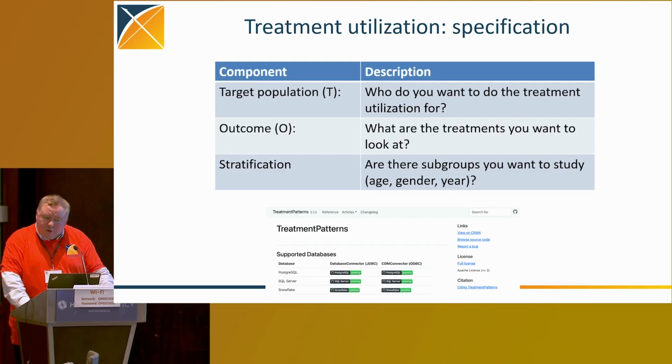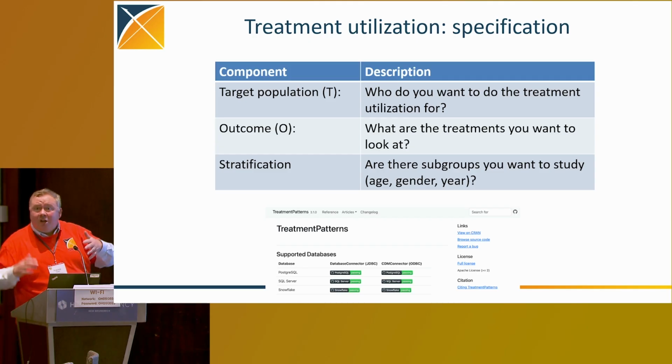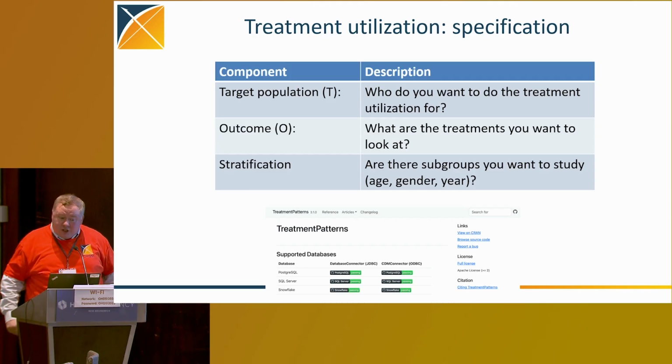Here, in order to actually specify this, you need to define your target population of interest. So that could be your people with hypertension. And you also need to be able to define all of your events. In this case, the events would be all those potential medical interventions you're interested in studying. You also have the ability to think about, when doing a treatment utilization, it's very frequent that we're not just interested in looking at the target population as a whole, but we may want to purposely stratify that target population